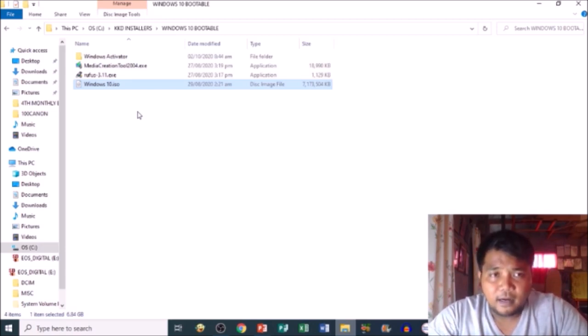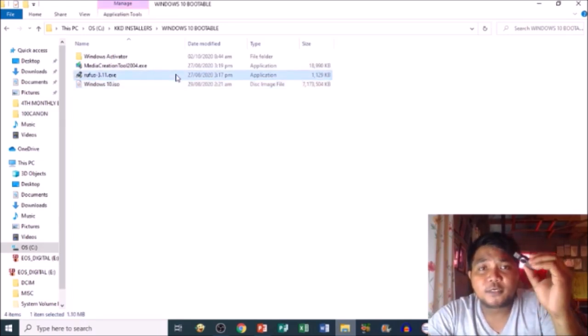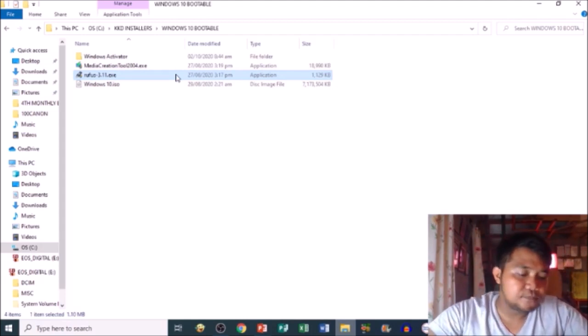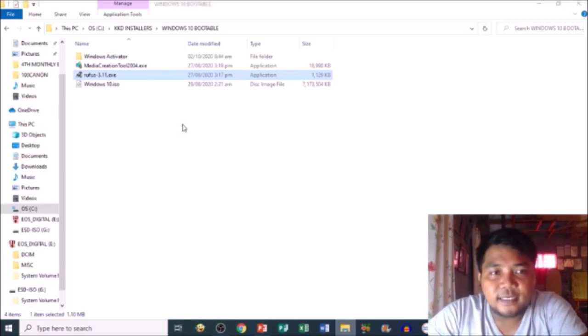There are so many sites that we may visit to download the ISO files. I also recommend Get Into PC. That's the link, Get Into PC, to download your desired applications or software. The first thing that we need to do is, of course, to plug in this USB drive into one of our ports. Next, after downloading Rufus,